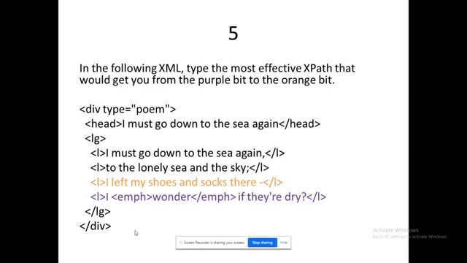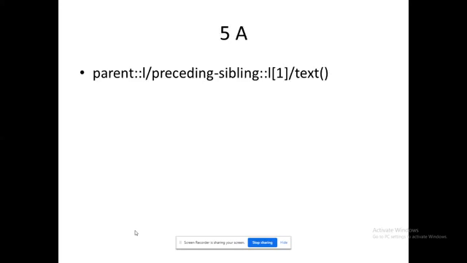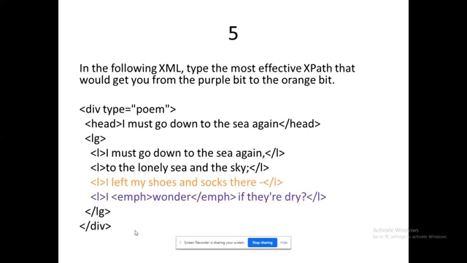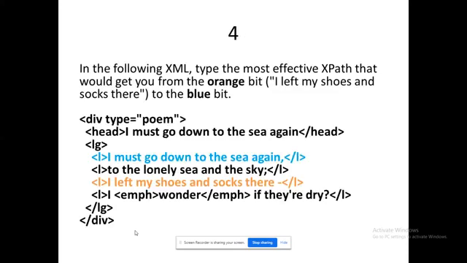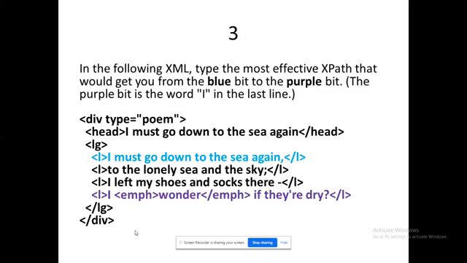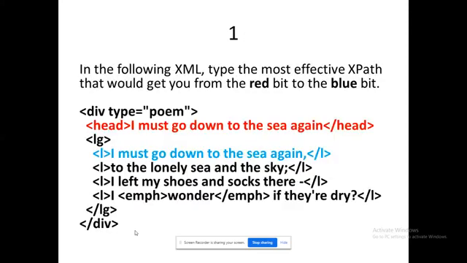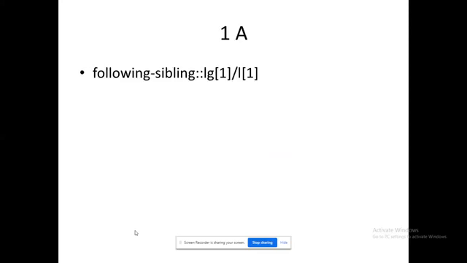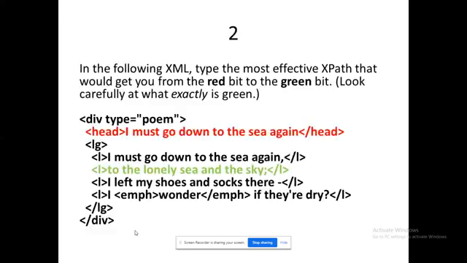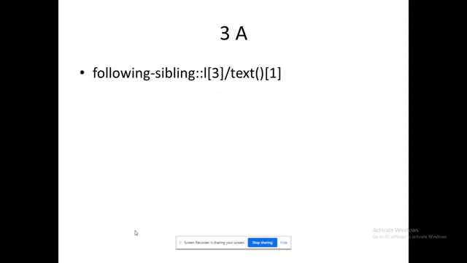Okay, orange to purple. So I am mentioning the parent as L. So preceding sibling of L of 1 /text. So that is what they have mentioned. Okay, so this is the way that you have to practice with XPath. It is very easy. The only thing you need to remember is what type of node functions you need to use. The node functions I have tabulated along with the explanation in the slides, as well as I have explained to you. Please go through that. That will help you to answer these things.